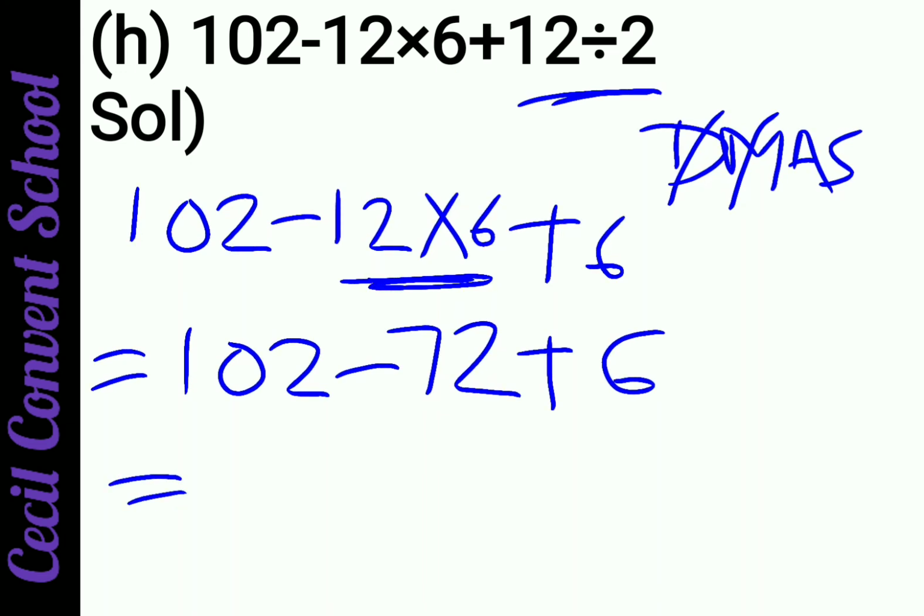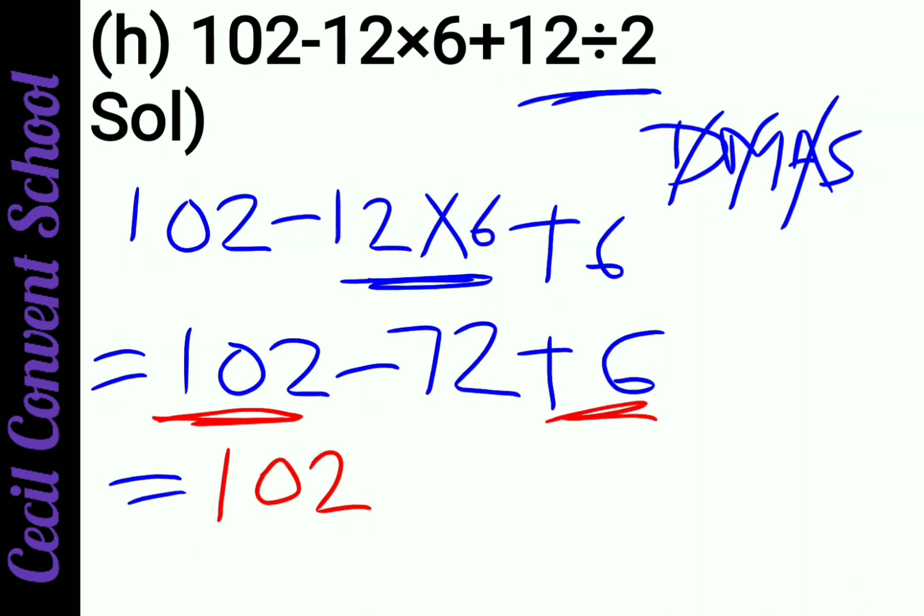Now students, after multiplication we have to do addition. For addition both the numbers should be positive. Means 102 is positive because no sign is given. When no sign is given, that number is positive only. Plus 6 means 6 is also positive, means both the numbers are of addition. And minus 72 is of subtraction, means firstly you have to do addition, and in addition both the numbers should be of plus. So I will change their order, means 102.